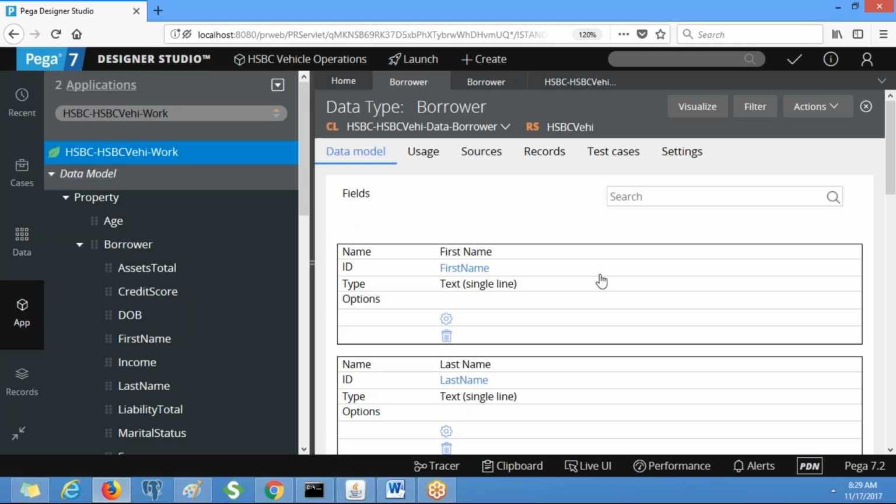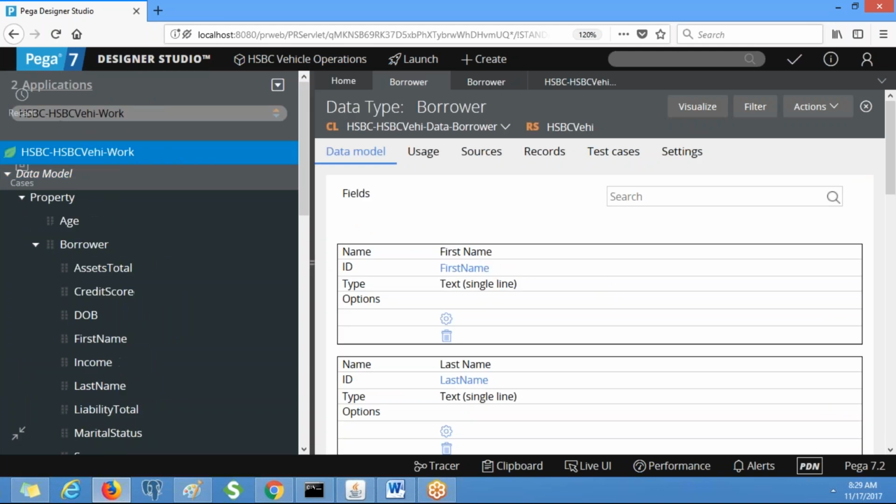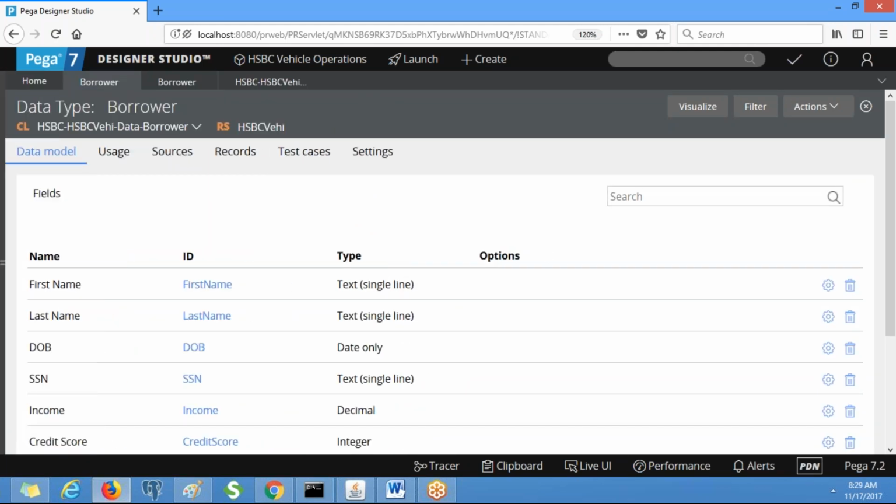Now, similarly, we need to create assets and liabilities. Here we can have multiple assets and multiple liabilities, right? If you are going to enter multiple records in the data class, or allow the user to enter multiple records on the user interface, you should have a property type called page list.